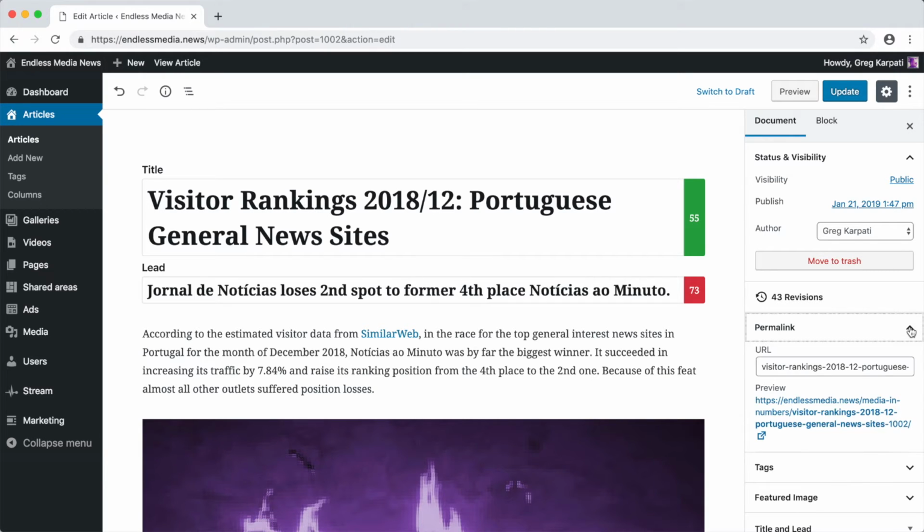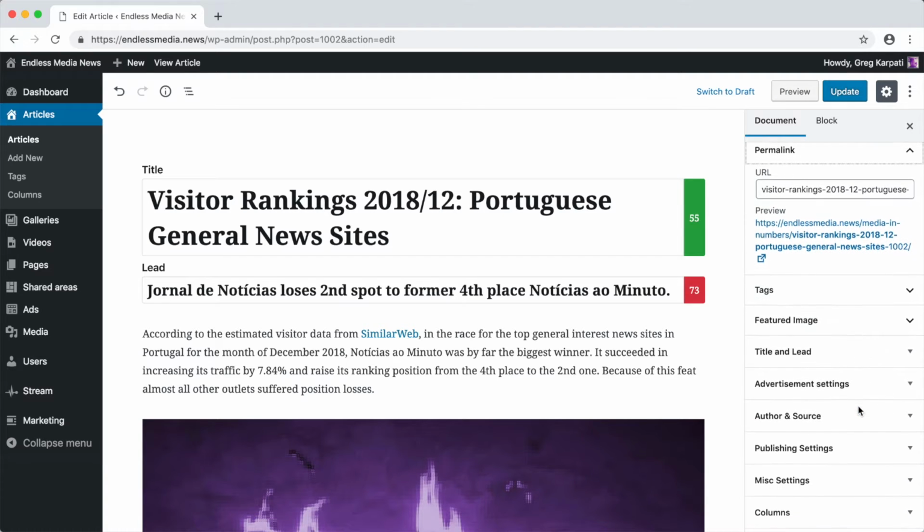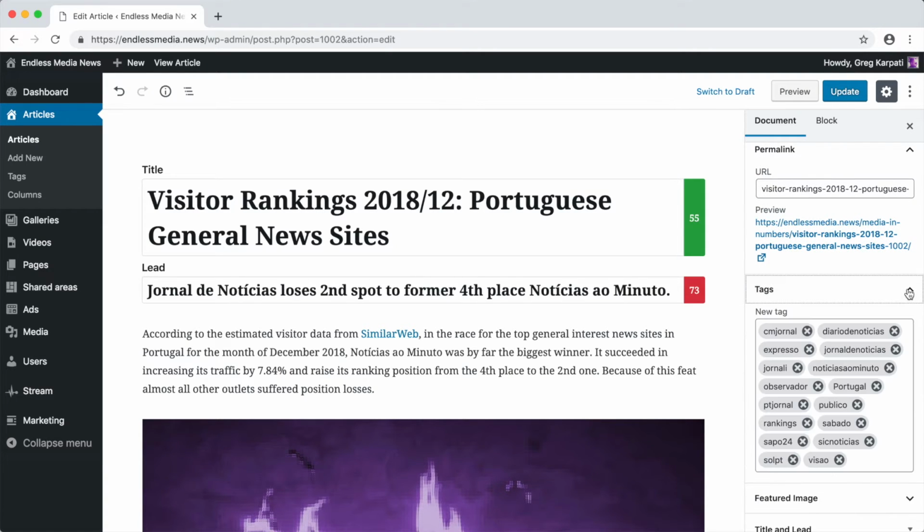In the permalink section, you can change the URL. In the text section, you can add and delete text assigned to the article, and in the featured image section, you can replace or remove the featured image.